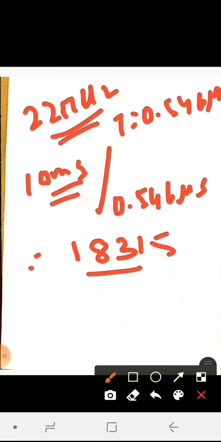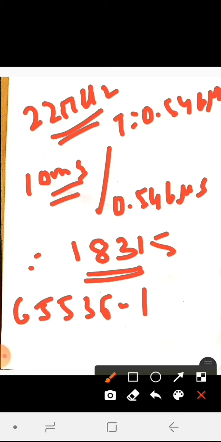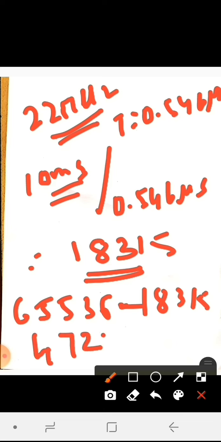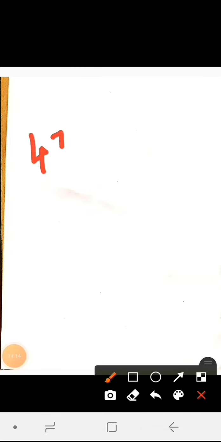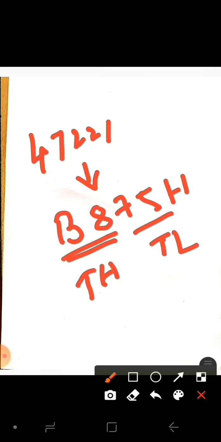Take this value and subtract it from the maximum, so we'll get the number as 47221. Convert this to hexa, where we get the value as B875H. When you convert this 47221 to hexa, B8 gets stored in TH, and 75 has to be stored in TL. So this is the off time calculation.